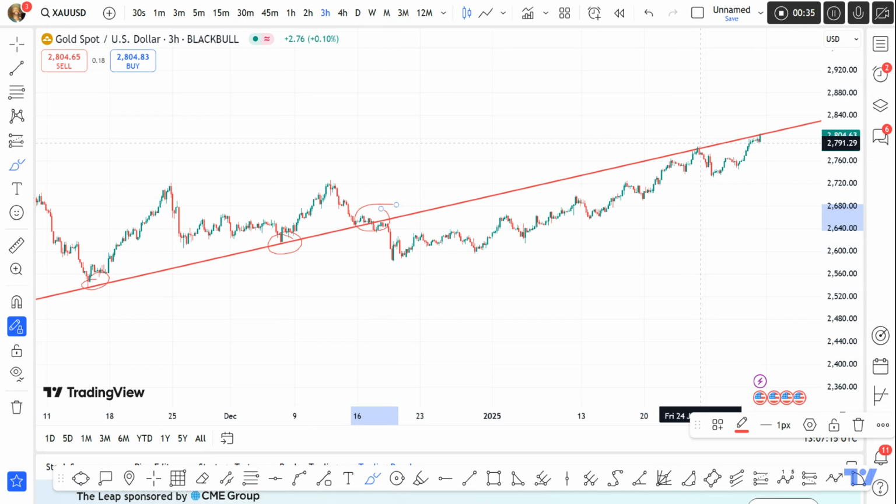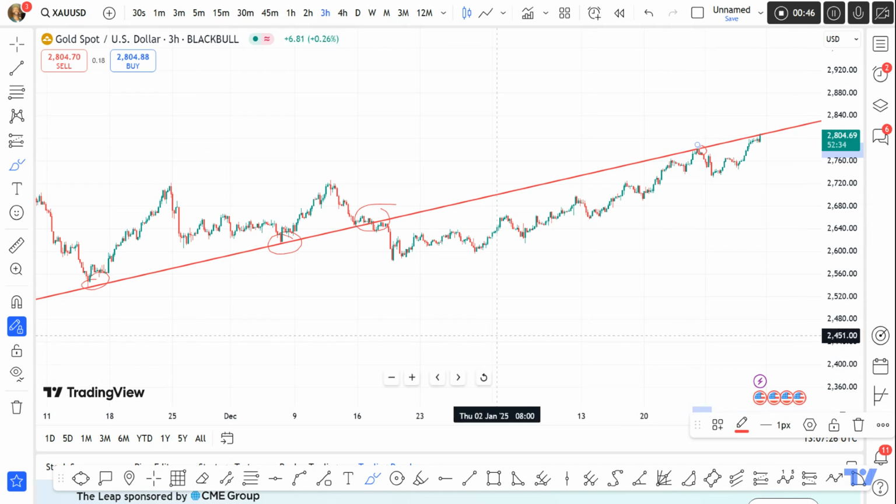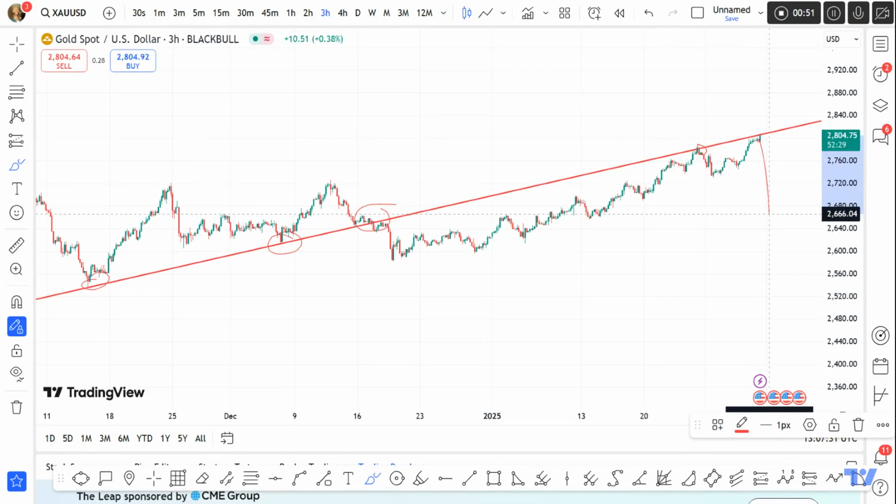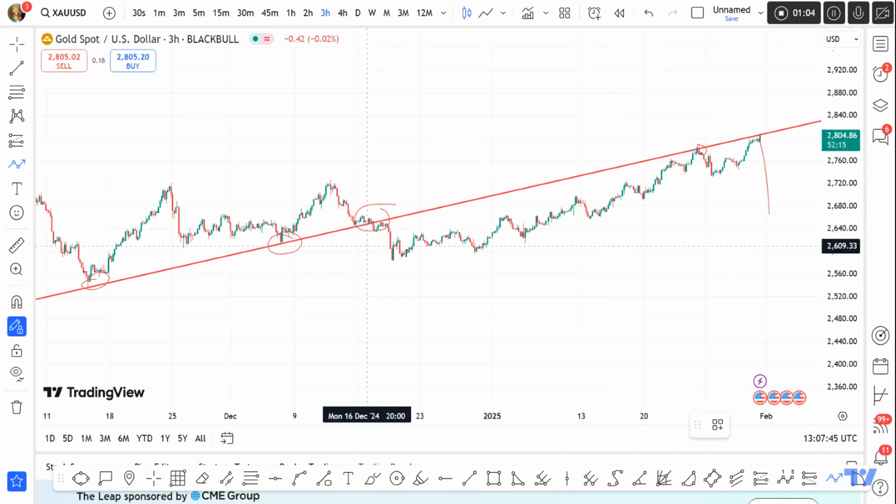And on Friday, 24th, price came back to retest that structure, affirming this as an ascending trend line. Now, the issue here is that the price has come to an area of drop off. When you look at the structure and its formation, you see that at that level, price could technically drop on structure